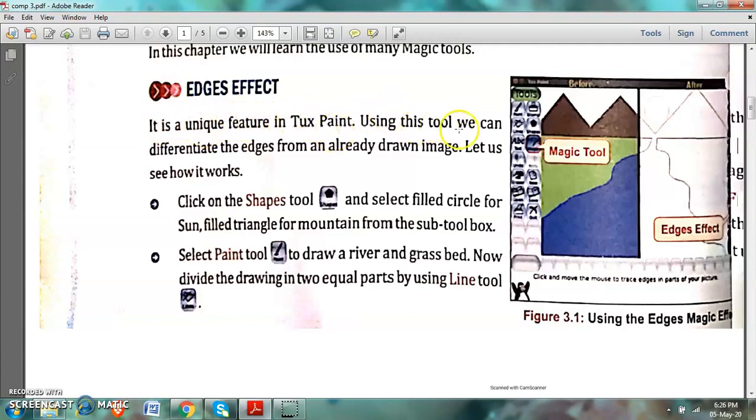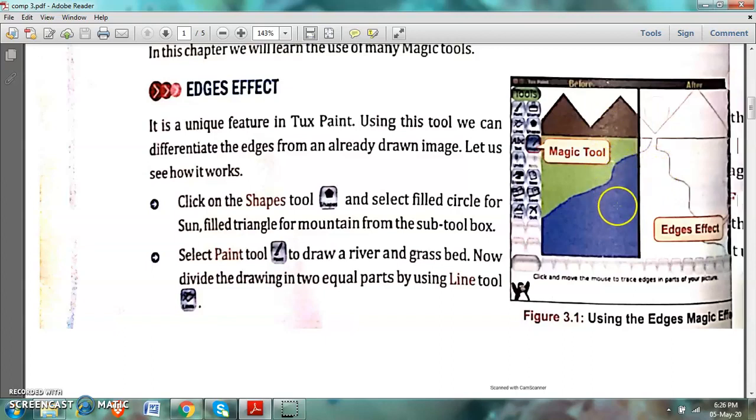Using this tool, we can differentiate the edges from an already drawn image. Suppose you have drawn one picture like this and you want to show some edges in this picture. So you can use the edges effect to show the edges in the picture, to show the differentiation.